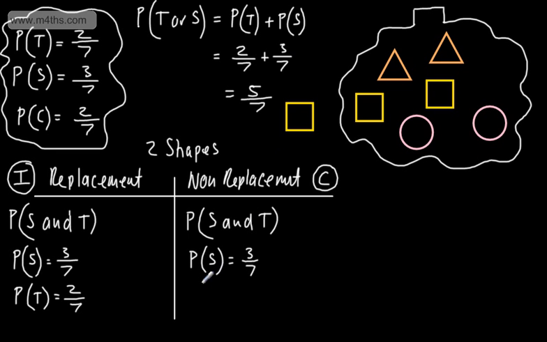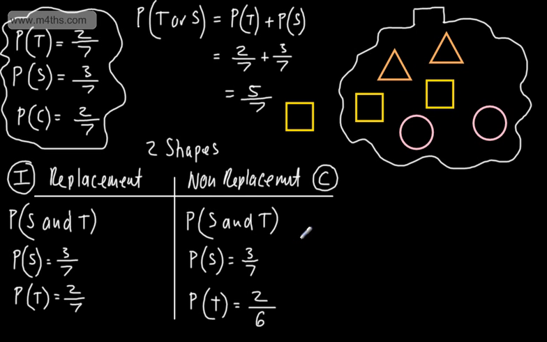So we can say at this stage, the probability of a triangle has changed. So the outcome of the first event, by not replacing it, will affect the outcome of the second. We can see now triangles, we've got 2, but we only have 6 shapes in the bag. We could of course write that as 1/3, but we can see that the triangle has gone from 2 sevenths